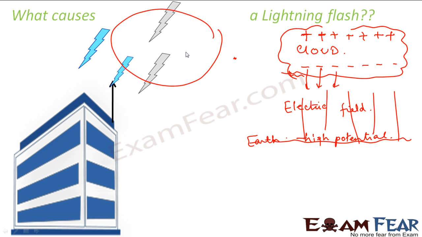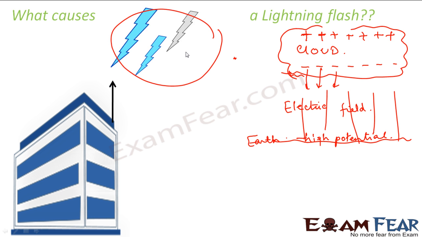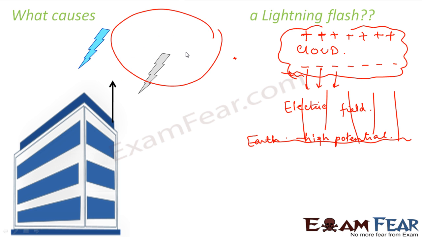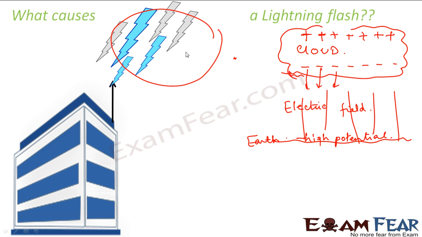So I hope that you are now clear with the concept of electric potential. In the next lesson we will start on capacitance, which is again related to all these things. As long as we are studying electrostatics, all these things are related, right? So please make sure that you watch the videos in sequence. If you directly watch the video on capacitance, I think it might be difficult for you. You first watch all the videos on electric field, electric force, then you come to electric potential, and then you go to capacitance. So see you soon in the next video.